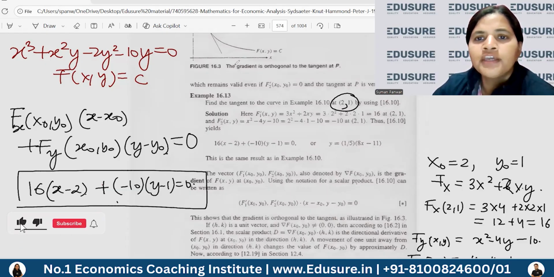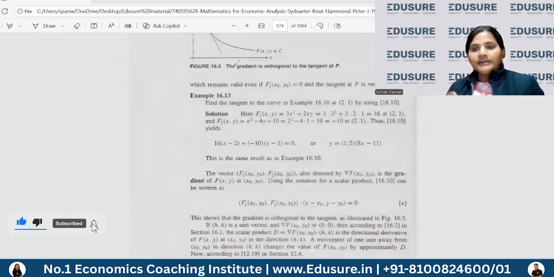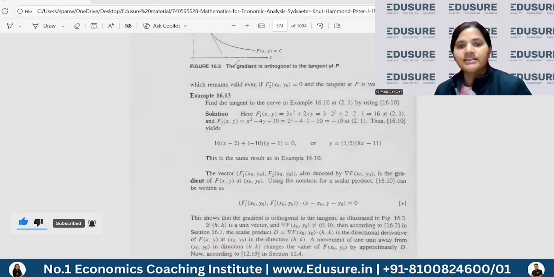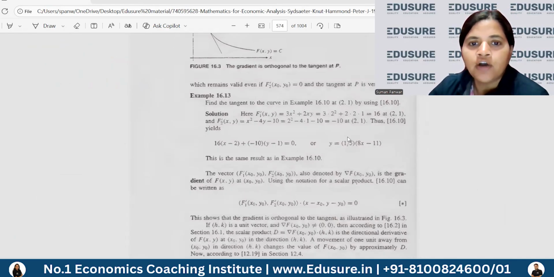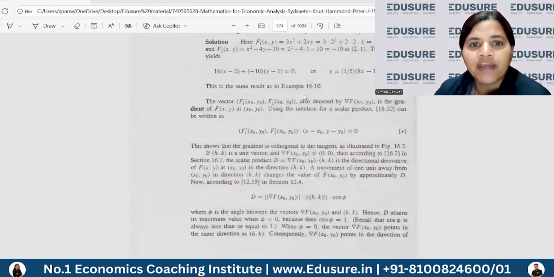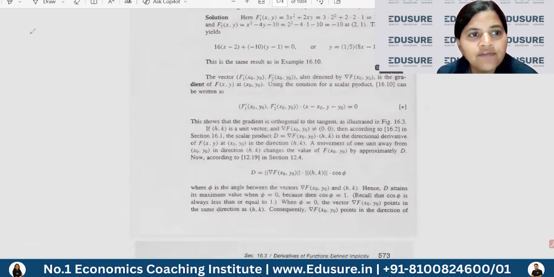Not a big problem. So we can always find the equation of a tangent at a particular point for a function of the type f(x, y) equals c. That's not very difficult. Now let us proceed. So now just notice that we have